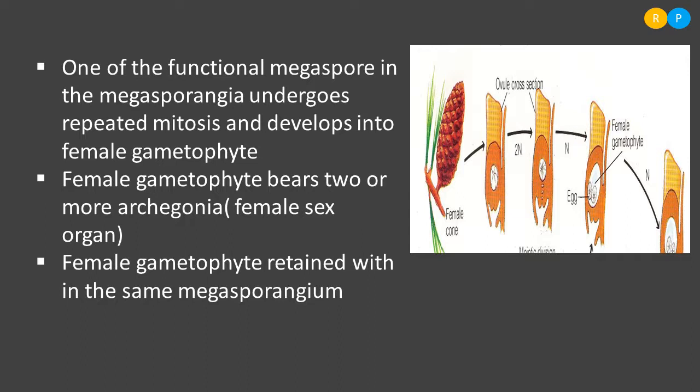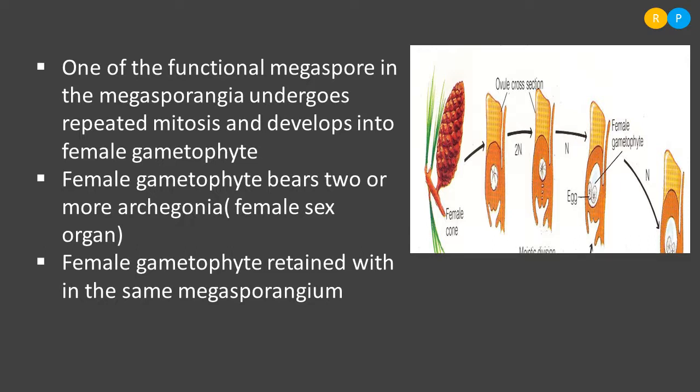Diploid cells will be present within the ovule. The orange color structure you are observing is nothing but the ovule. Within that you can find the diploid cells. Among those diploid cells, only one diploid cell undergoes meiosis in order to form the female gametophyte. Clear? The female gametophyte is labeled in the fourth diagram, and the female gametophyte encloses the female gamete, nothing but the egg. Clear? You can find the archegonia consisting of the egg in the fourth diagram, and this is how the formation of gametes can be seen in the female cone.